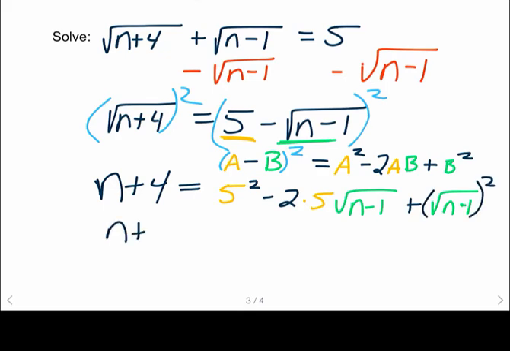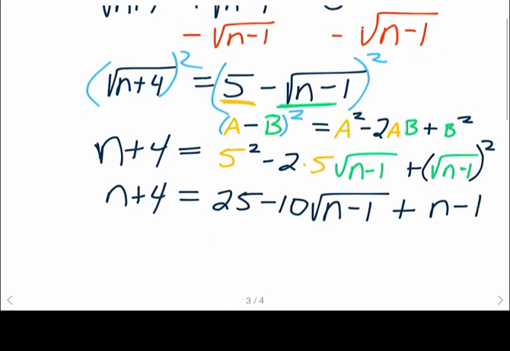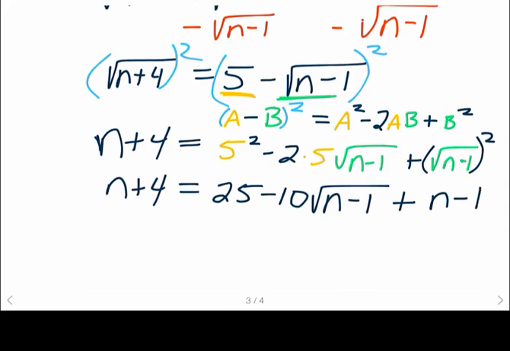This is going to simplify and become n plus 4 is equal to, on the right-hand side, 25 minus 10 times the square root of n minus 1, plus the square of the square root, so it just pops out the radicand n minus 1. Now we're going to subtract n from both sides, and 25 minus 1 on the right-hand side adds up to 24, so I'll end up subtracting 24 from both sides